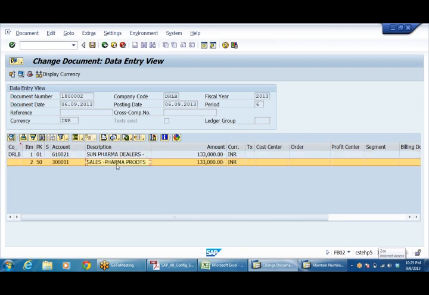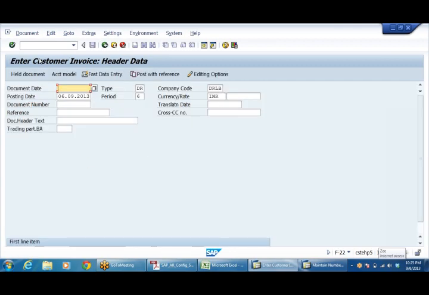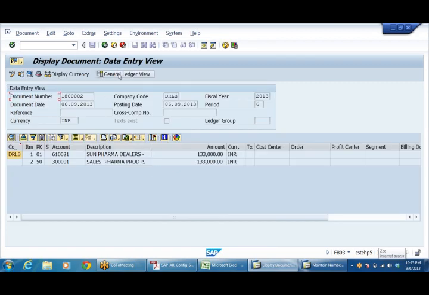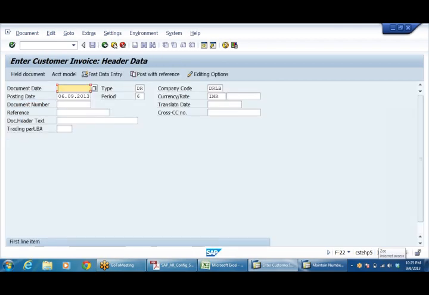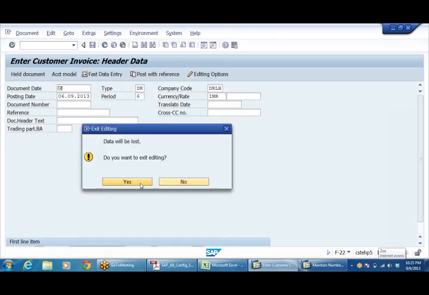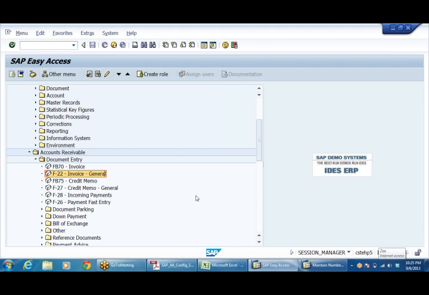Sun Pharma, same party. Display currency, display. Now general ledger view, sundry debtors domestic. Now I'll show you. There are two views now. One is customer, another one is general ledger.